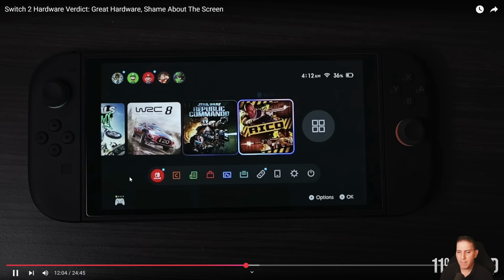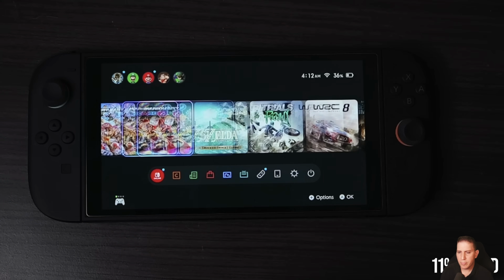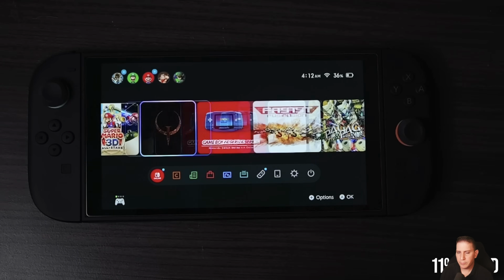The nature of modern LCDs, I'm genuinely confused as to how this is the case. It shouldn't be that much worse, but it is. And as a result, it means that 2D games especially, or anything with a lot of lateral motion, just kind of smears in a messy way. And so I had some theories. My first thought was that, maybe it's doing 60 hertz in a 120 hertz container. But that really, on a sample and hold display, that shouldn't cause that much extra blur. It only becomes an issue if you're on a low persistence display. So I don't think it's that. What I think instead is happening is just there's a possibility that they're not performing any sort of overdrive on